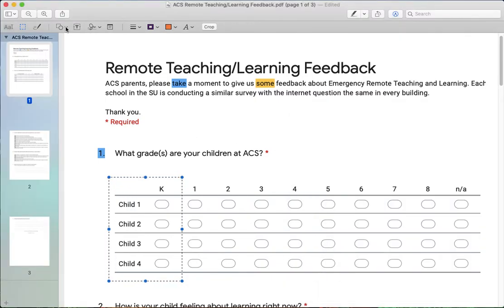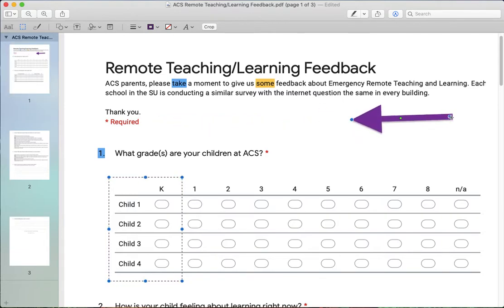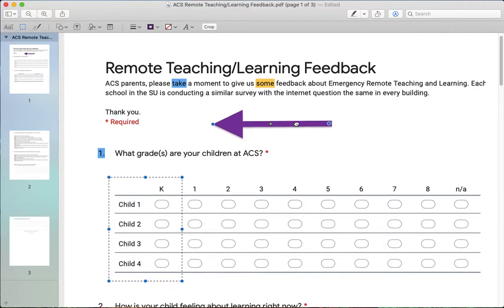Let's jump for a second over here to my shapes tools. So if I click, you can see I have a number of different shapes I can select from. So for example, I could pick this arrow. When I select these tools, a lot of them have these blue dots. The blue dots let me rotate or move my objects. In this case, if I wanted my arrow pointed the other way, I could just drag the tail or the head of it,